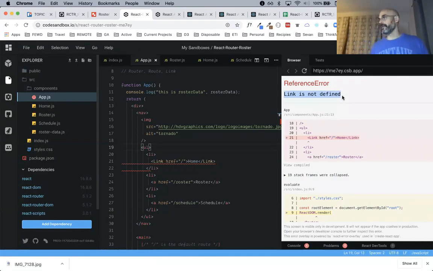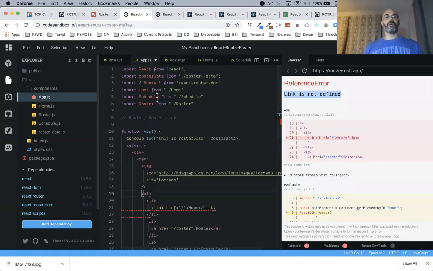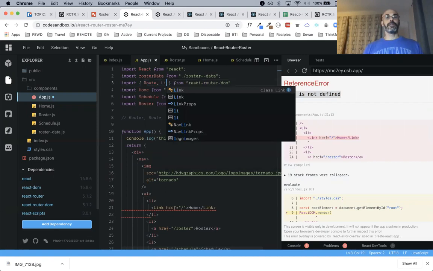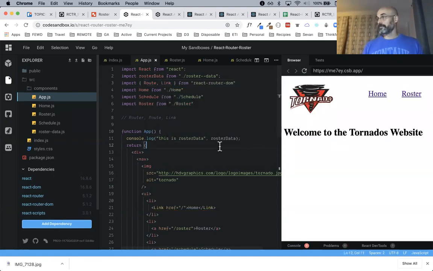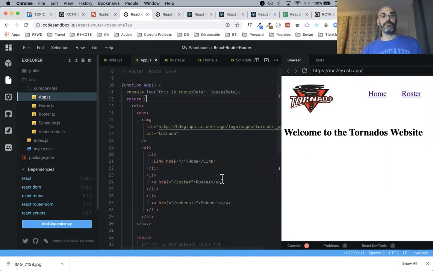Where did that error come from again? We've got to go up here and import link, right? If you're going to reference any of the React Router components, then you need to import them here, okay? So I'm going to go back.